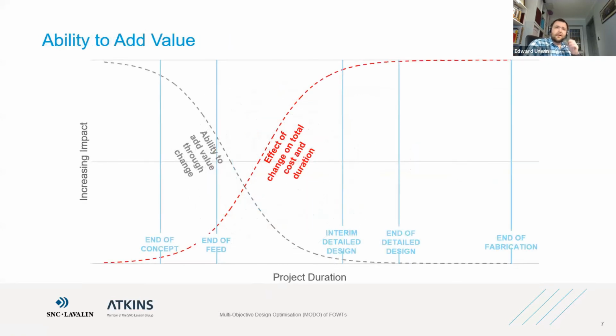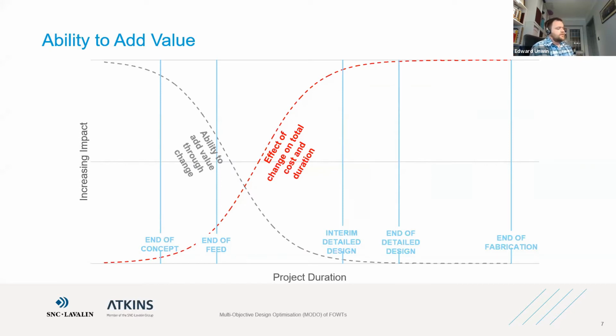I spoke earlier about when you might do this, and optimization often feels like the sort of thing that you might do at the end of a project, once you've done detailed design and you pretty much know exactly what your structure is going to look like, and then you optimize it by, I don't know, grinding welds on a jacket or polishing it or painting it with go faster stripes or something. And that's I think often how people see optimization. It's the final frills, and it can be,